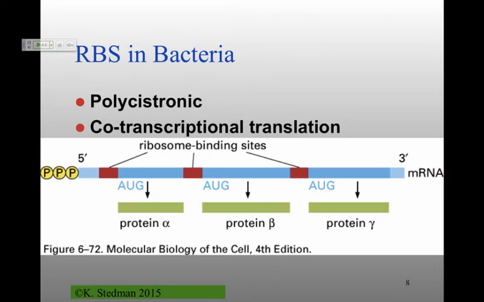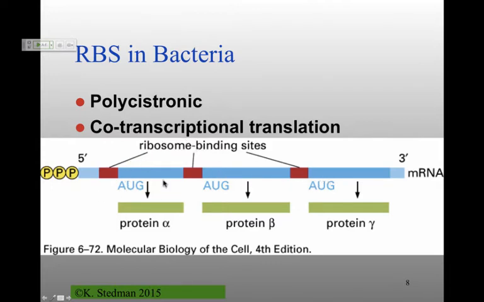Bacteria don't have to deal with this annoying nucleus, and so they can have translation and transcription happening at the same time in the same place. So as your messenger RNA is being made from the 5' end to the 3' end, that messenger RNA is going to have a Shine-Dalgarno sequence in it. The small segment of the ribosome will bind to that, and you'll start getting translation. So you could have an RNA polymerase basically on this part of the RNA here transcribing while this protein is